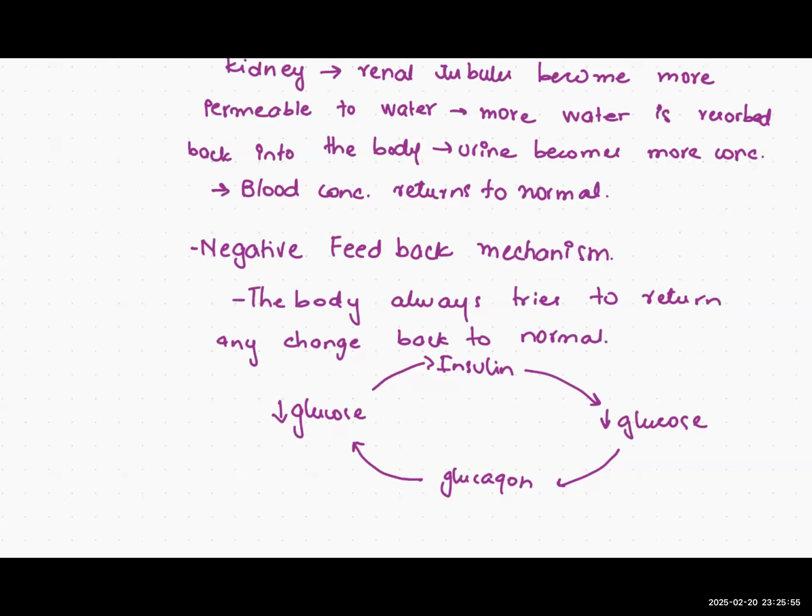Heart rate is too high, the body will try to bring it back to normal. Heart rate is too low, the body will try to increase it back up. This is negative feedback: the body will always do the opposite to the feedback it is receiving. So if it is receiving the feedback that the heart rate is too high, it will do the opposite and bring it back down. If the feedback is that the heartbeat is too low, the body will bring it back up. This is negative feedback, because the goal of the body is to bring it back to normal.